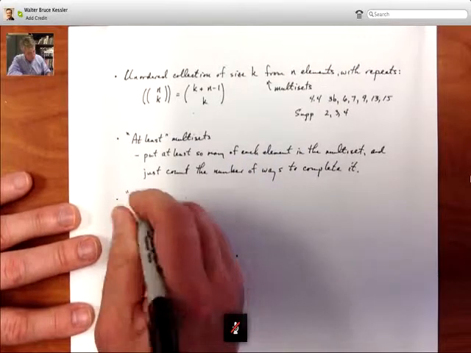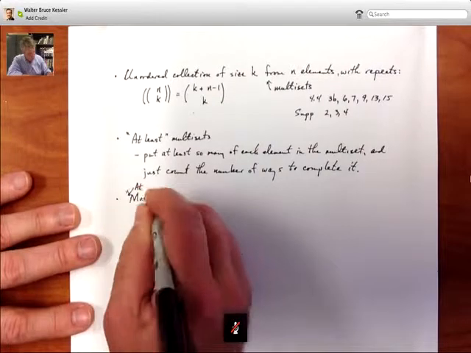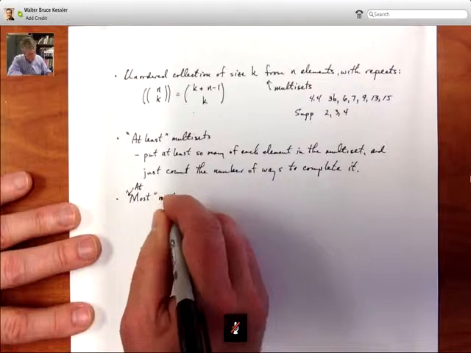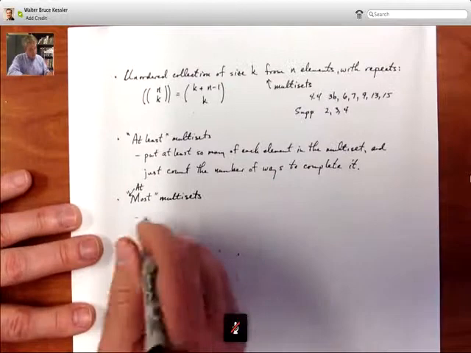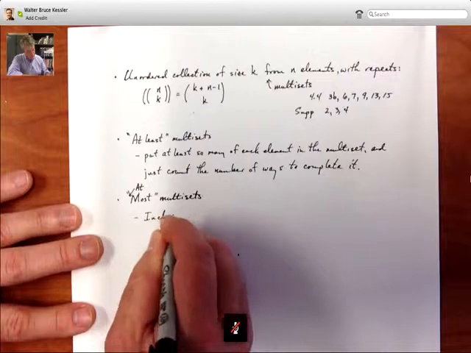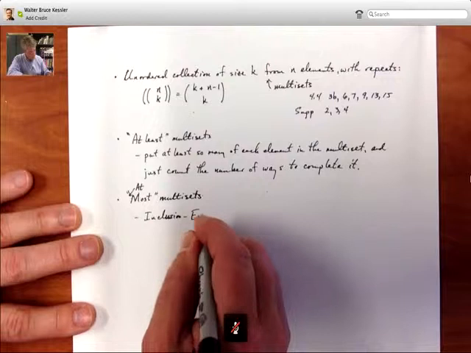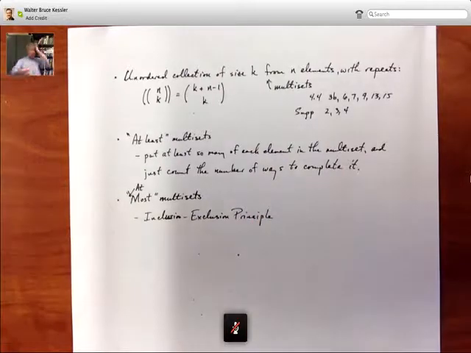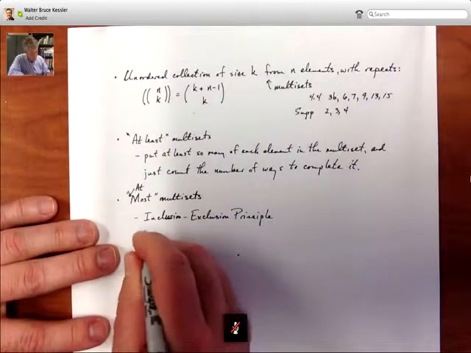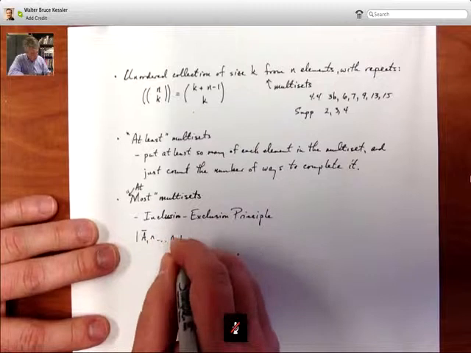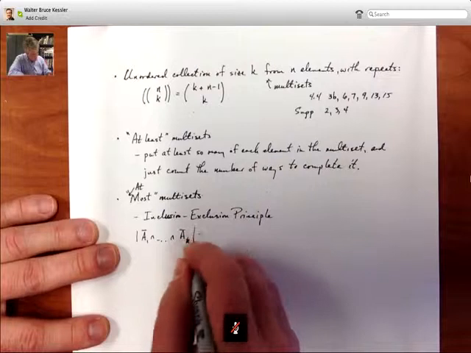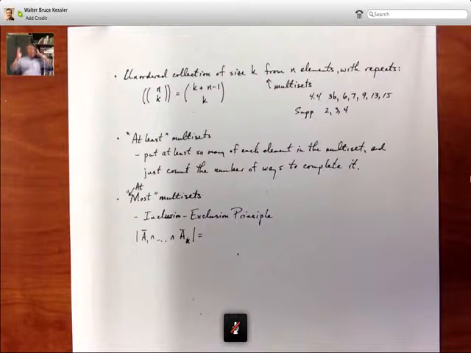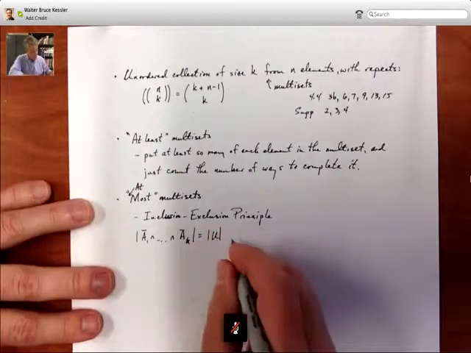And then what we did for today, at most, can't spell today, multisets. We did this using the inclusion-exclusion principle, which means that you calculate the intersection of a bunch of complements. I didn't mean to put a K there. Then that's equivalent to the number of things in the union complement, the complement over the top of the entire union, which is just all the things in your universal set